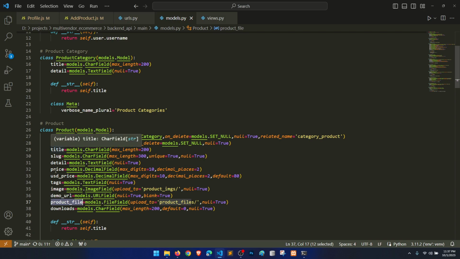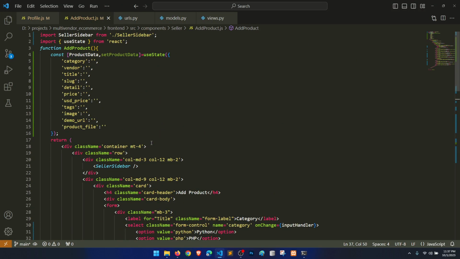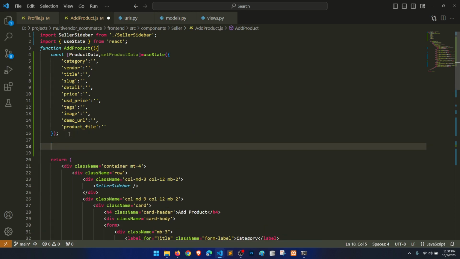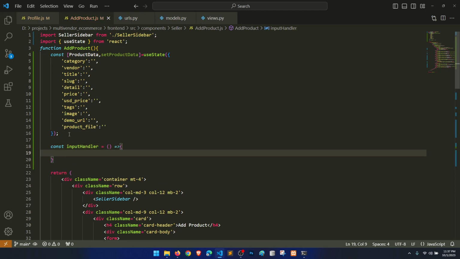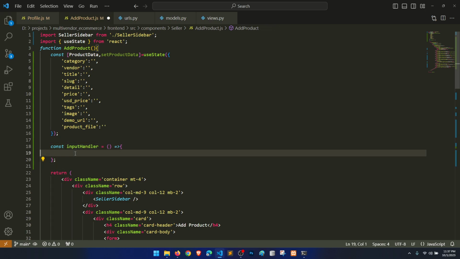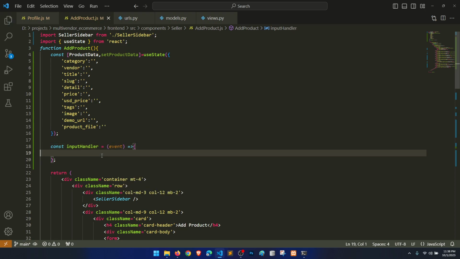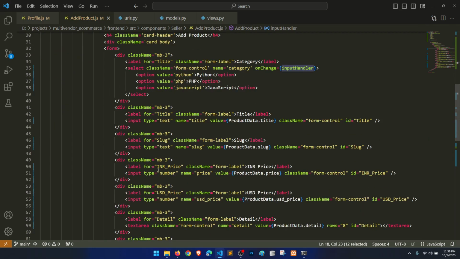Category, vendor, titles, so detail, everything is okay. All right, so input handler is not defined, correct? So let's define the input handler. So constant input handler equal to this one, right? So this is the arrow function, not array function, arrow function event, right? So input handler, and we'll use everywhere except